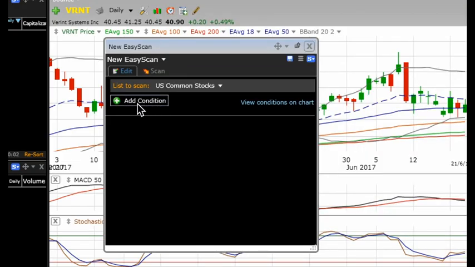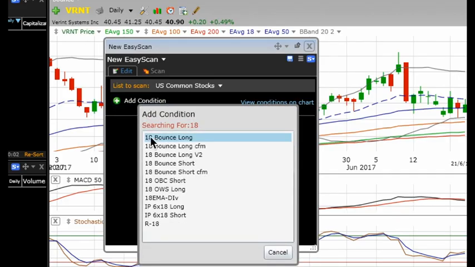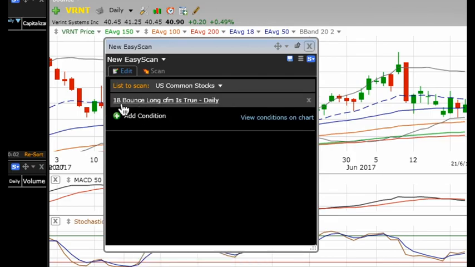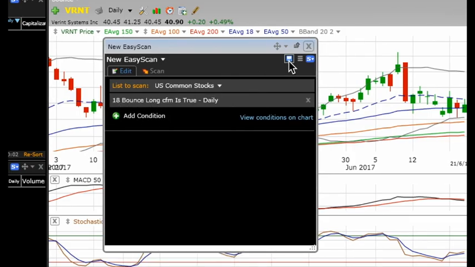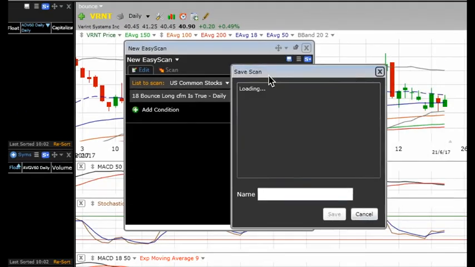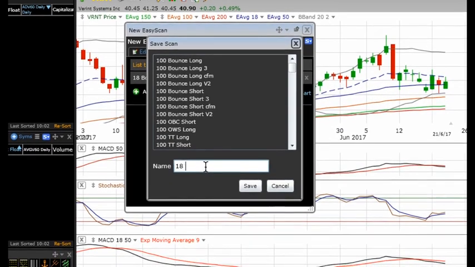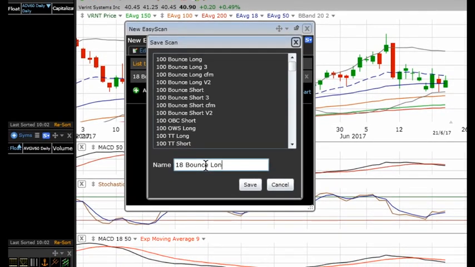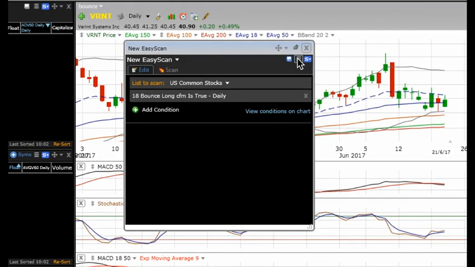So the first condition would be the first PCF script, which is the 18 bounce long with confirmation candle. So click on that, 18 bounce long, and then you click save. Save the scan. So you're going to save it as 18 bounce long with confirmation candle and click save. So once you click save, it will be in your easy scan. All right, so I'm not going to click save because I already have it, right? Yeah. Now once you're done,